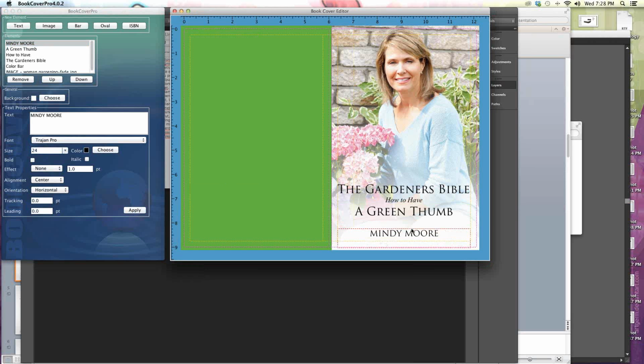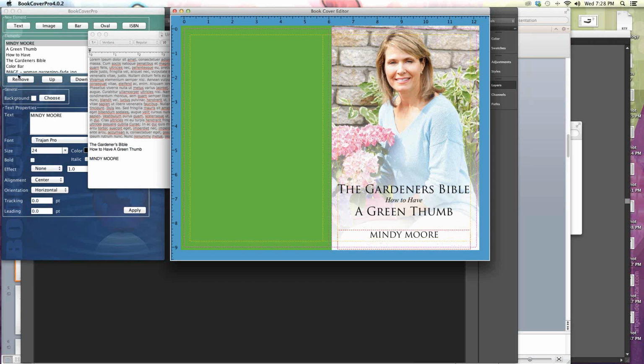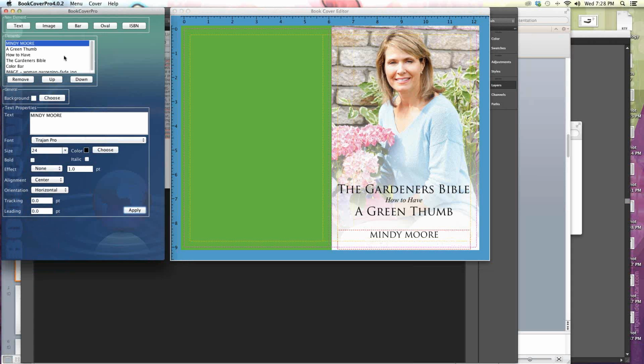So as you can see, this is coming on really well. All right, now we have the back information to fill. Now I have some Lorem Ipsum that I had just to fill in that space. And we're going to put in our back information. I added another text box,